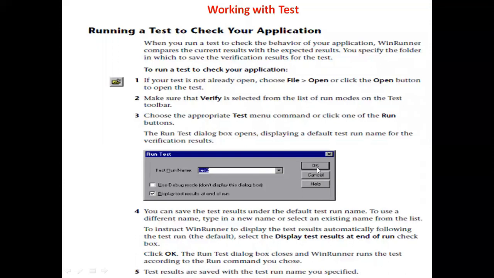The next one, working with tests. So how are we going to execute the tests? Running a test to check your application. When you run a test to check the behavior of your application, WinRunner compares the current results with the expected results. You specify the folder in which to save the verification results for the test. To run